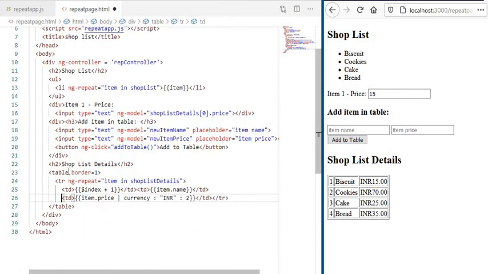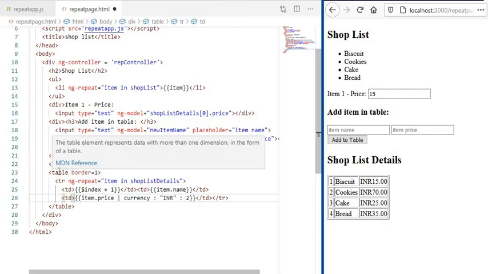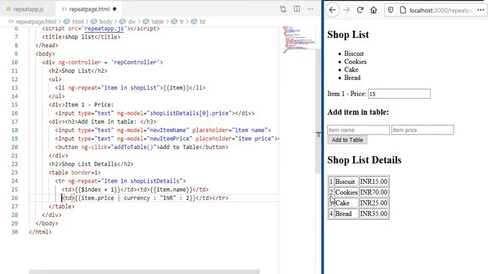And the next thing is the shopListDetails is given in the header, and using the table tag I have displayed all the items of shopList with the help of tr and td. Here I have used the ng-repeat in the tr tag. It will create a new row and the row contains three parts: first one is the serial number, second one is the name of the item, and third one is the price of the item.